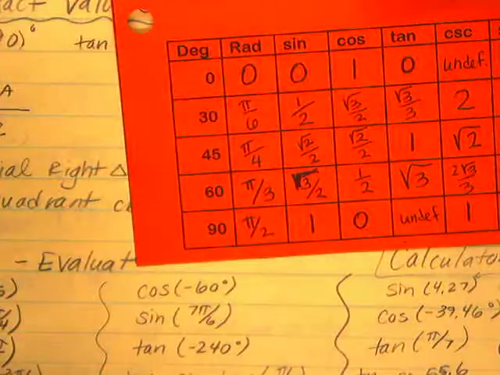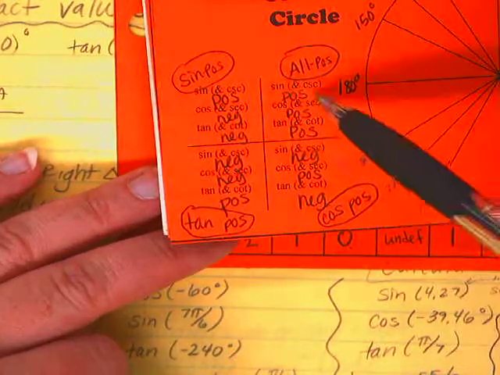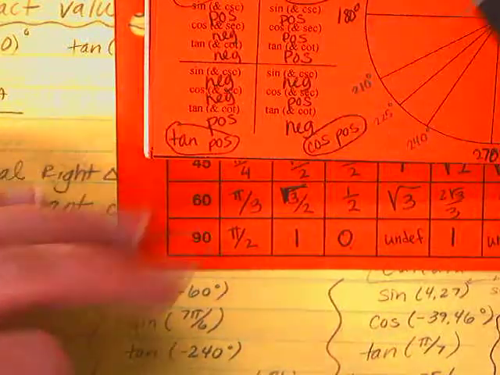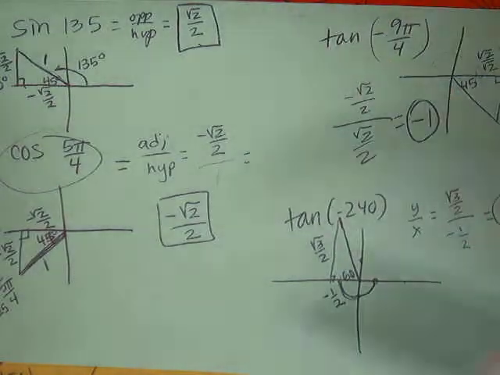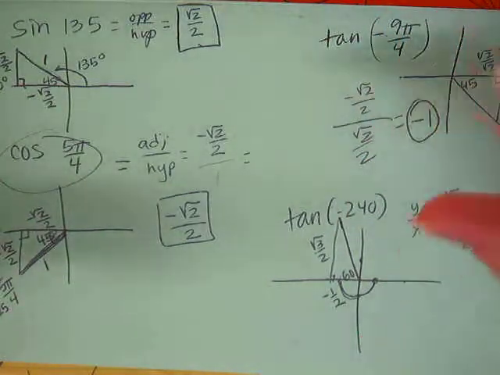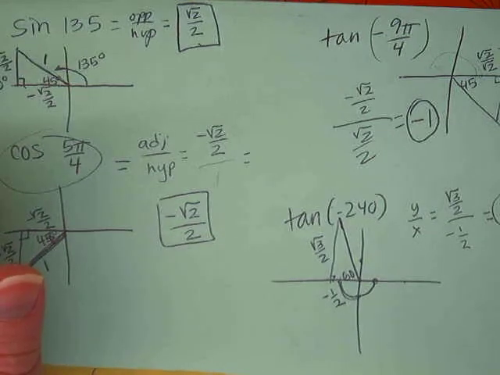So when I just went through all these problems with you, I drew a triangle for each one and figured them out that way. But eventually, I want you to be able to just go from this chart that you've memorized and from this all students take calculus that you memorize and be able to know any of these without having to draw the pictures. Does that seem scary? Is that a little scary? So today drawing pictures is just fine, but I'm just kind of giving you a goal to work toward. Okay, now last thing we need to do